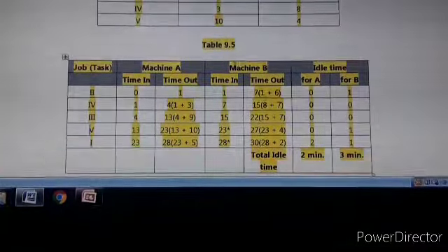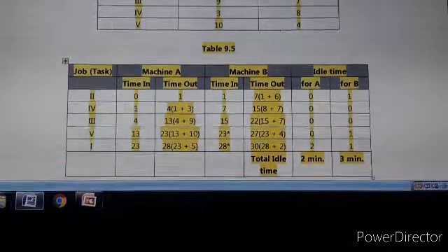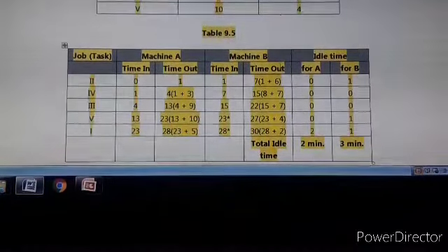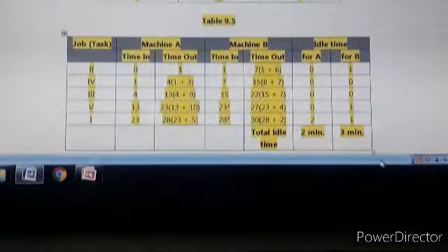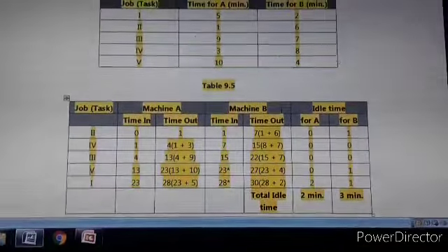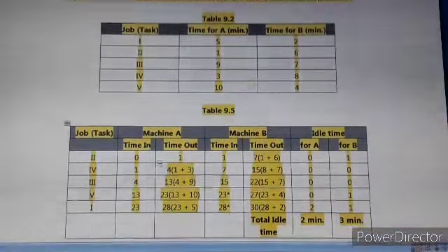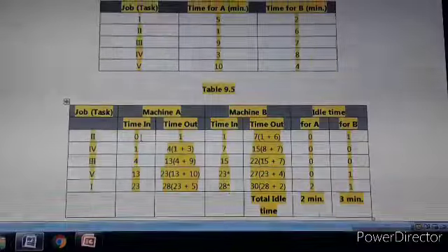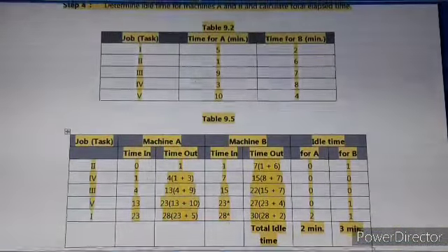So the total cycle time or processing time is 30 minutes, considering all the jobs on machine 1 and machine 2, or machine A and machine B. So total processing time is 30 minutes. Again we have to find idle time for machine A and idle time for machine B. Now see here, machine A is continuously working from 0 to 28 minutes, correct?